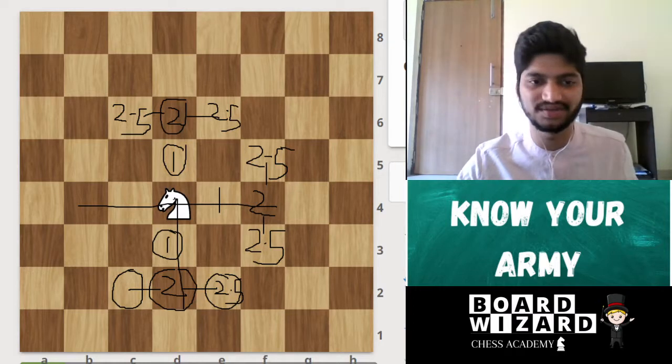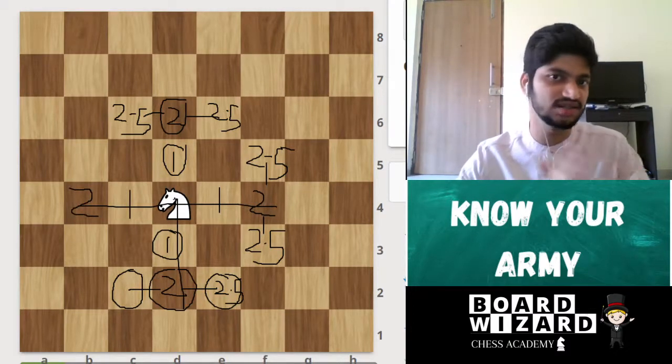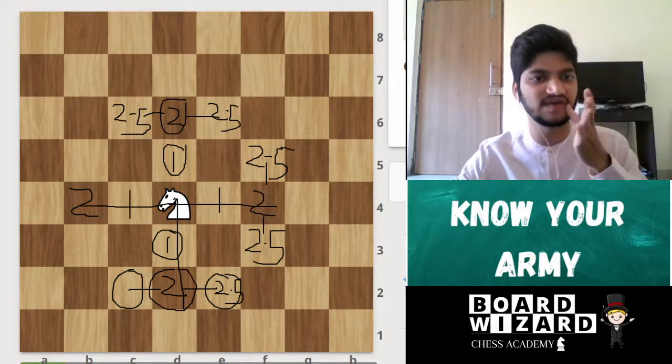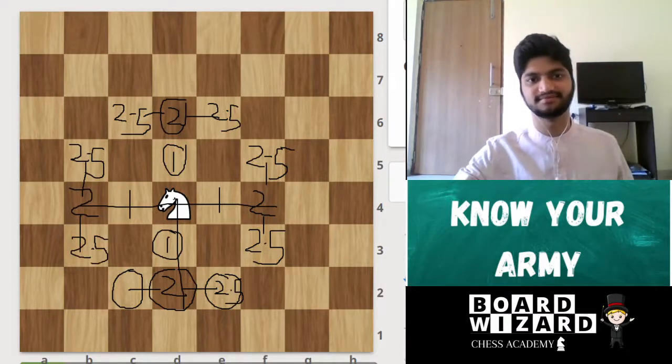Now similarly let's go to the left side, 1, 2, and since he is going in the horizontal line, again the half step will be up or down in the vertical line. So 2.5 and 2.5. Okay.